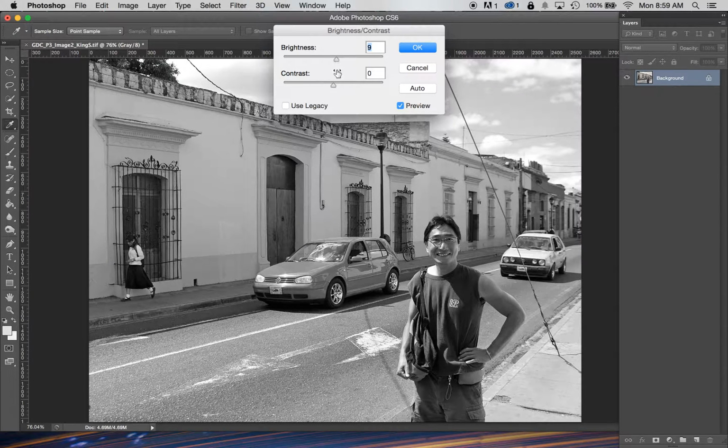So, you remember we actually want a grayscale file type for image 4. All right? You can adjust the brightness and contrast until it looks its best